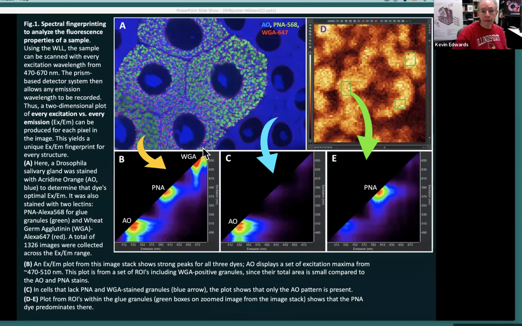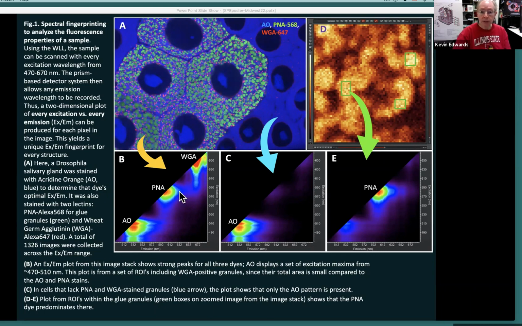So how do we show that information? We can use a heat map where we're plotting every excitation versus every emission. And when we do this, we can see each of the dyes. Here are the 2 Alexa dyes in the red and far red, and they're producing fluorescence in their expected range of excitation and emissions. Here we're looking at a specific area of the sample that has all 3 dyes roughly